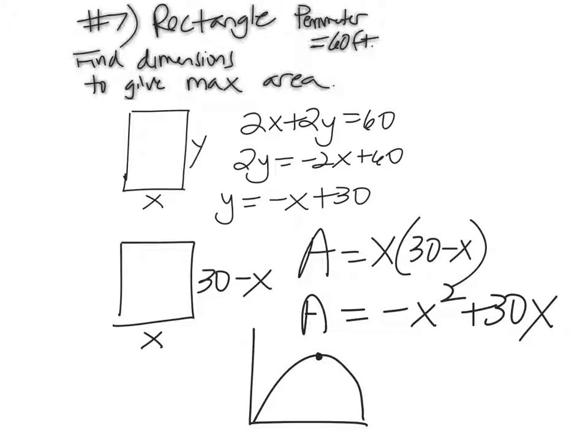All right, so go to your calculator. And we're going to plot negative x squared plus 30x. You know, you could also do negative b over 2a if you wanted to. But we'll just graph it. We need to change the window. So x would be from, I don't know, we'll say 0 to 30, and y would be 0 to,